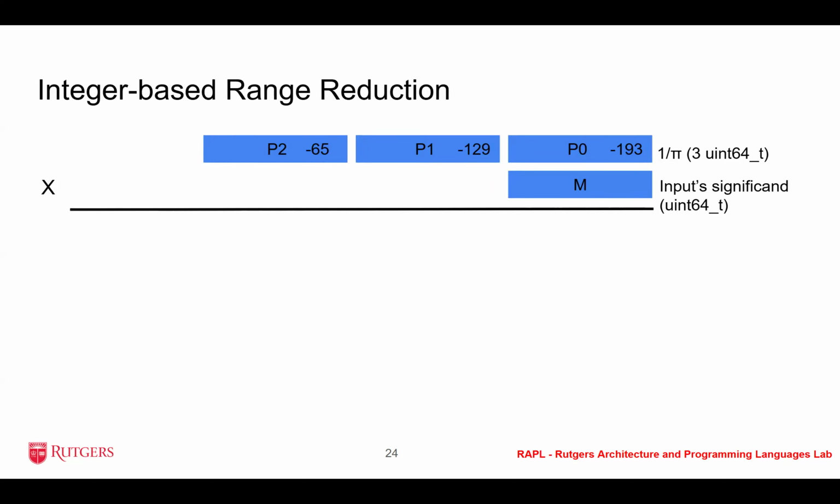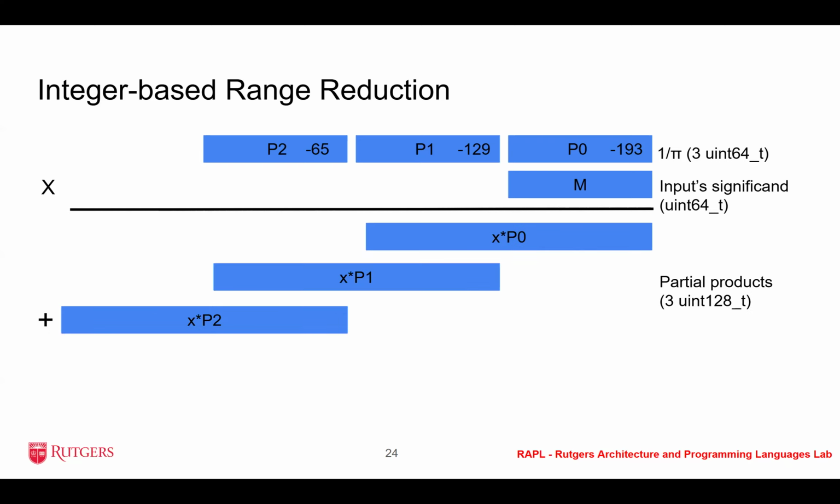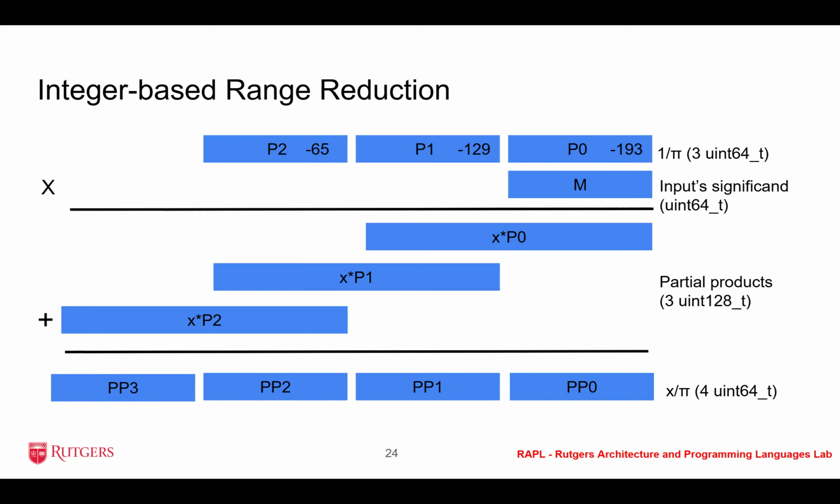For this integer-based range reduction strategy, we represent the precision bits of 1 over pi using 3 64-bit integers. Now, these integers contain only the precision bits, so we need to keep track of the associated exponents implicitly. We also represent the precision bits of the significand of the input as a 64-bit integer as well. Using these integers, we compute the partial products and store the results as 128-bit integers. 128 bits allow us to compute the partial products without any loss in precision due to rounding. Finally, we accumulate the partial products to obtain the precision bits of the final product, which we then spread across